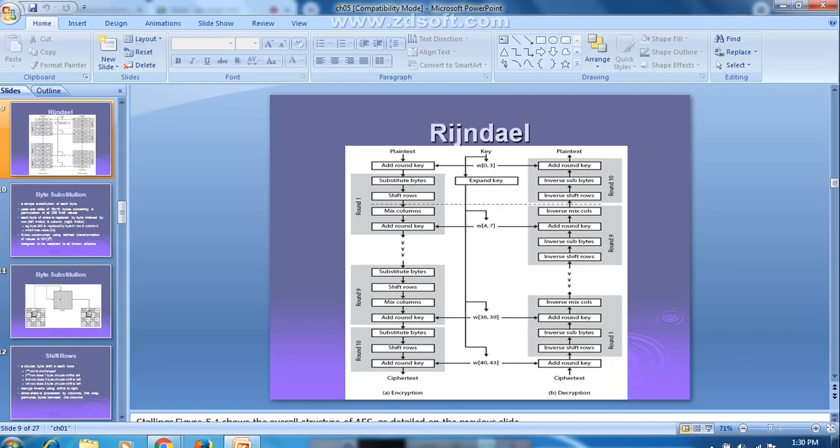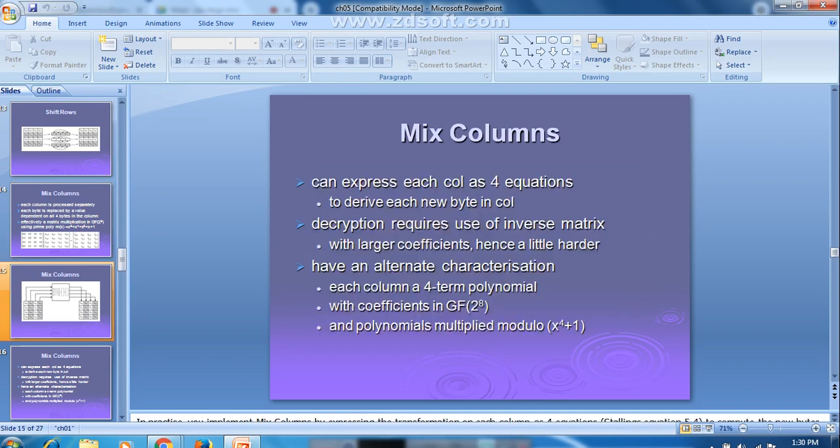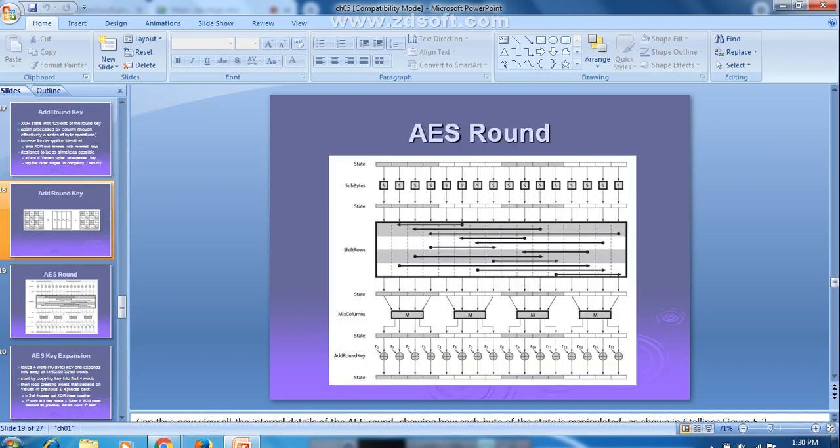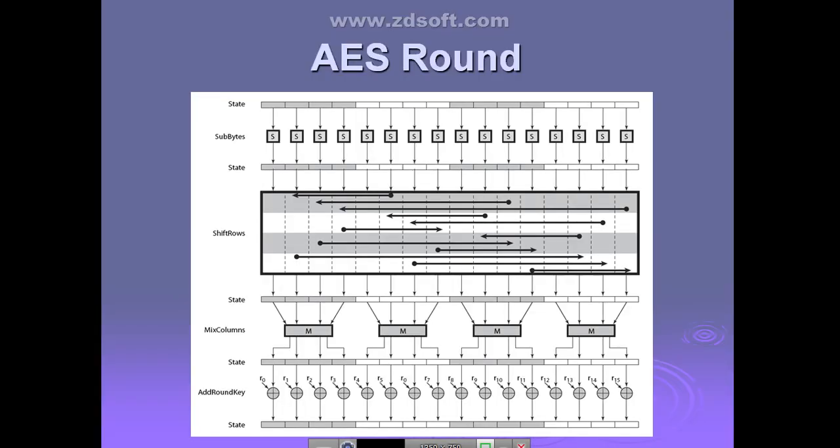Now I will show you how exactly the round function in the AES round structure looks. See, can you see the diagram? What is state? I already told you. State is nothing but 4 bytes by 4 columns. Whatever 128-bit plain text block you pass as the input will be copied into the state array. The state array is 4 bytes by 4 columns, and that is what we call the state.